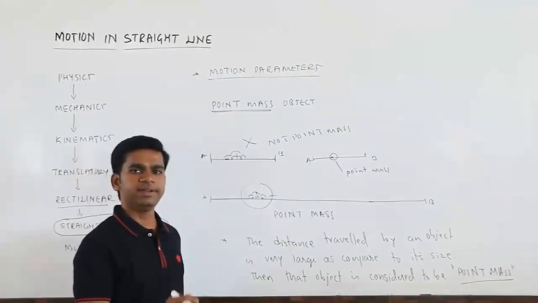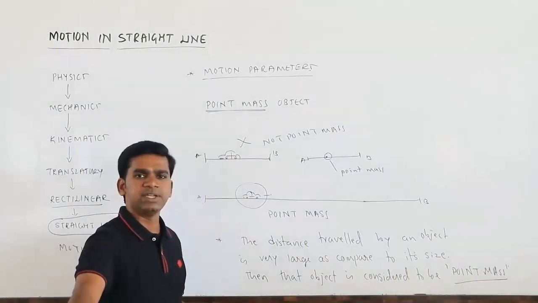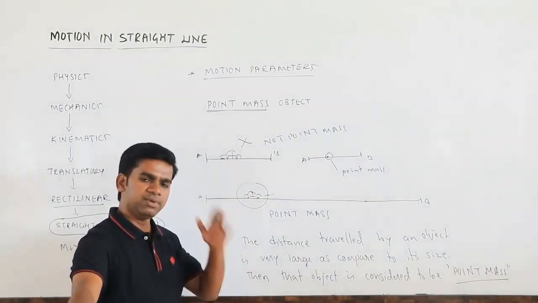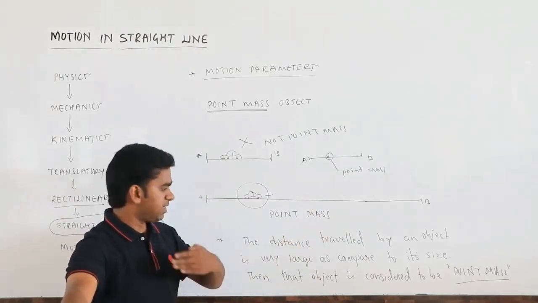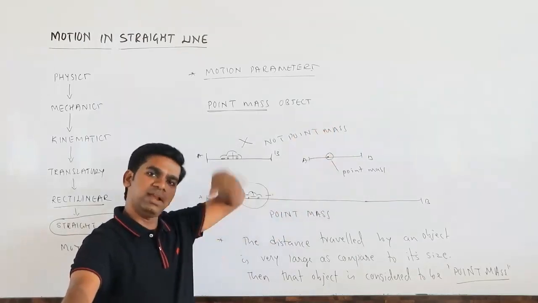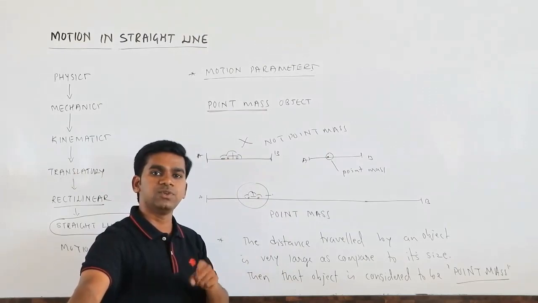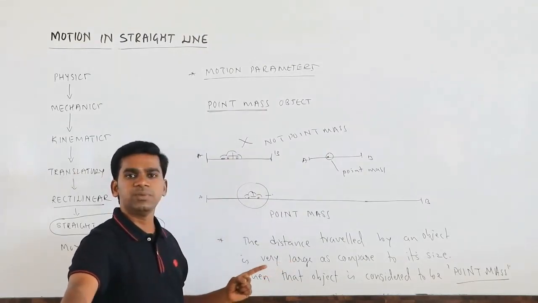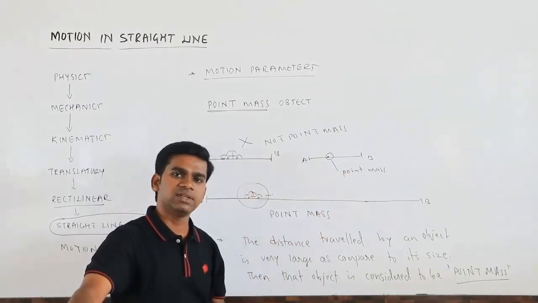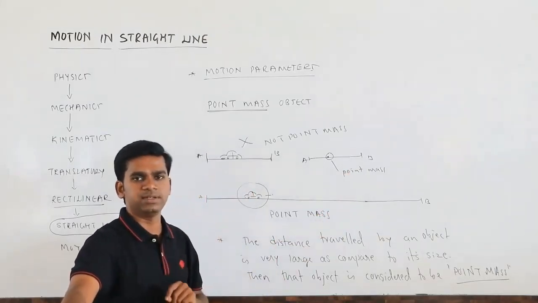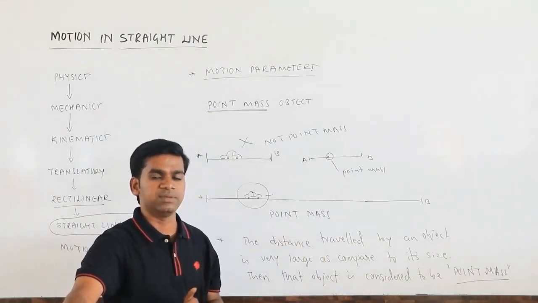I hope you get a little clarity about what exactly point mass is. Whenever any object, it may be a bigger one or a smaller one, if the distance traveled by it is very large as compared to the object, then that object is going to be a point mass. Suppose a car travels some 1000 kilometers. For that 1000 kilometers, the car is a point object. If it travels only 10 meters, then the car is not going to be a point object,